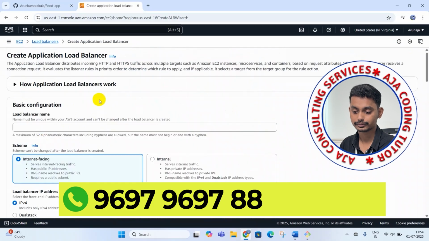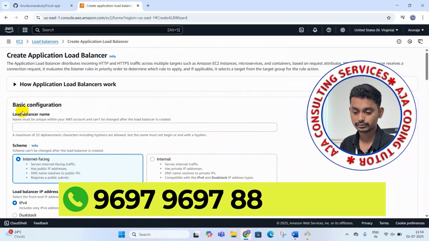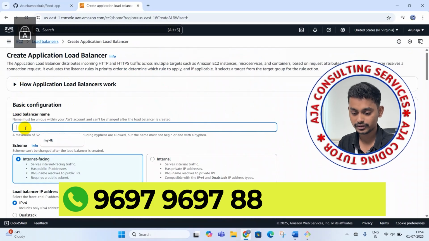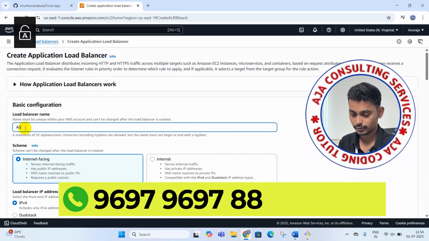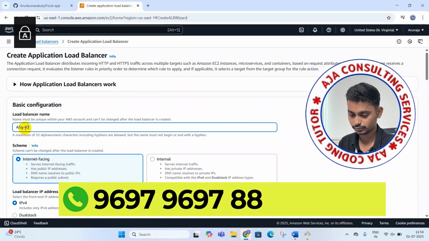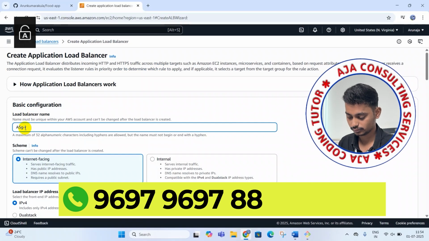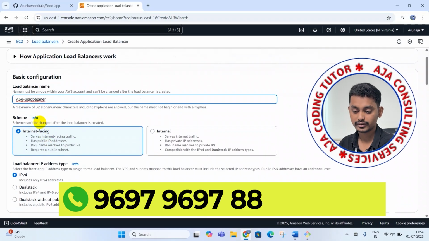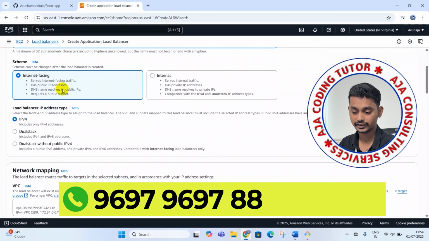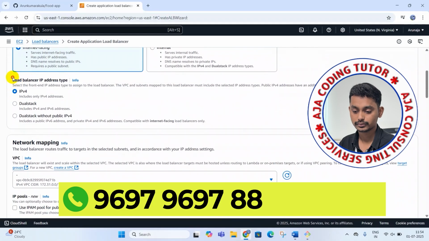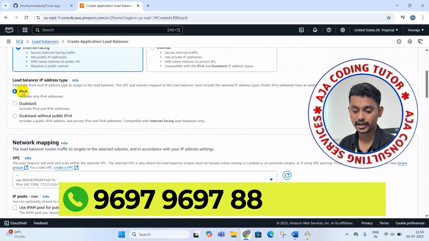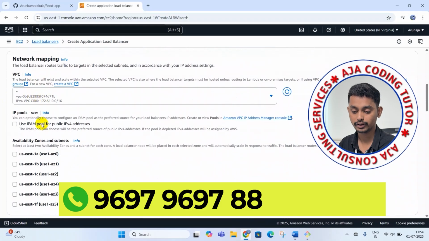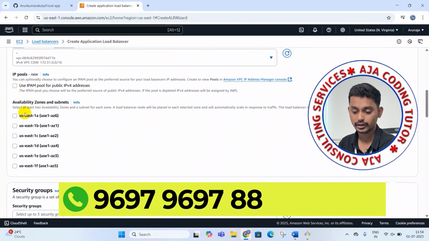Here I am naming my application load balancer as auto scaling load balancer. Here the scheme I am selecting is internet facing, and the load balancer IP address type is IPv4, and the network I am choosing the default,